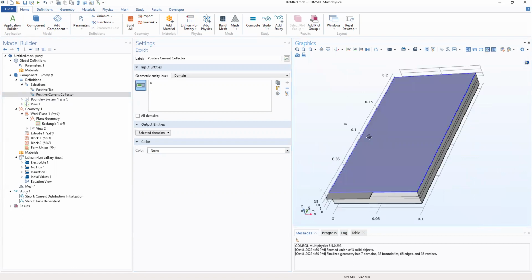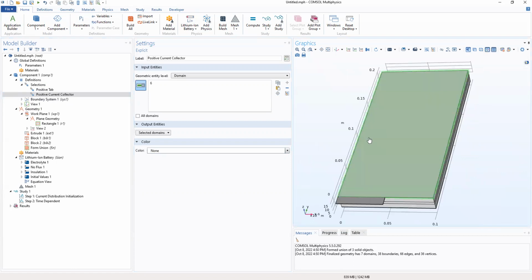So this side will be our positive current collector, as we've done in here. So after selecting the positive current collector,